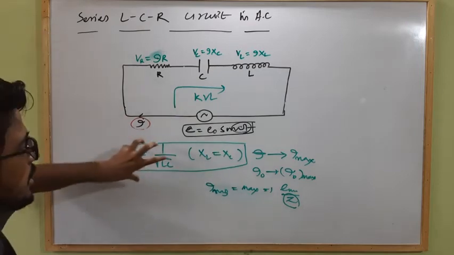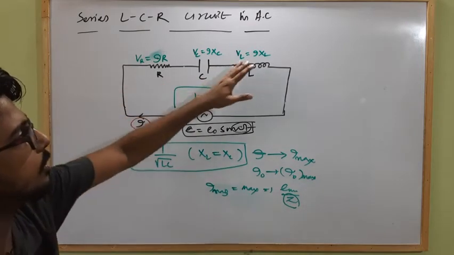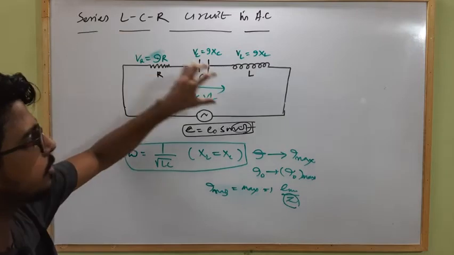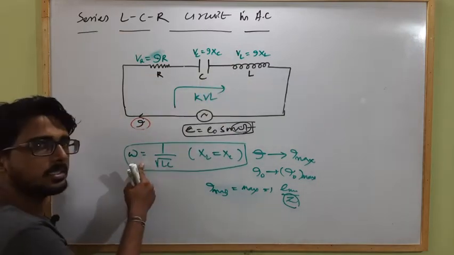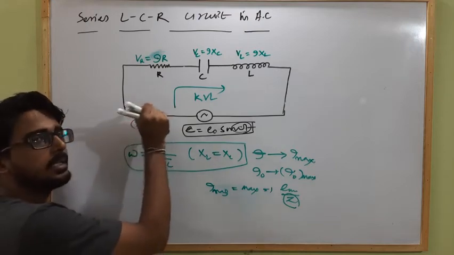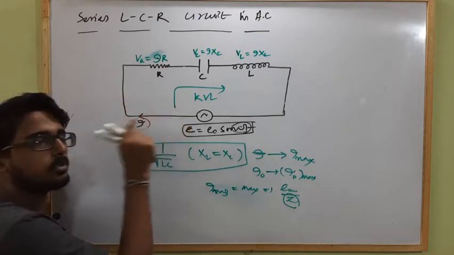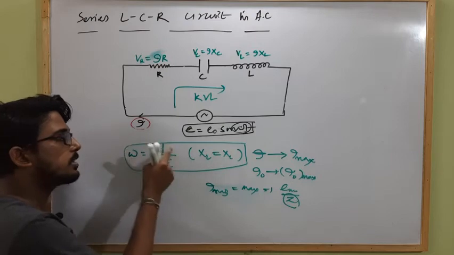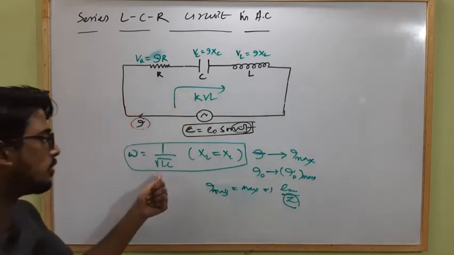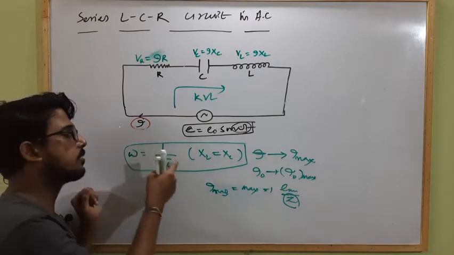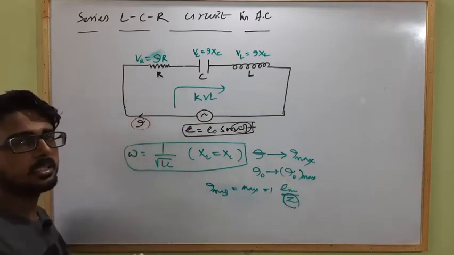That means for a given LCR circuit, when R, C and L are already taken, then for a particular value of C and L, the omega will be fixed. That means each and every series LCR circuit has its own particular frequency for which it allows maximum current to flow through it, and that frequency is known as the natural frequency of the series LCR circuit.